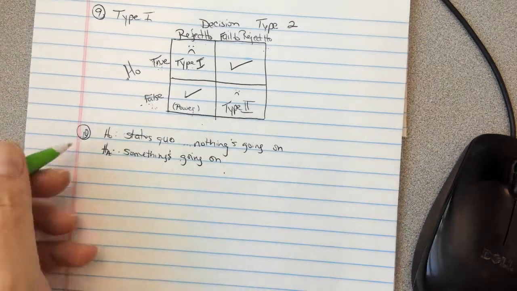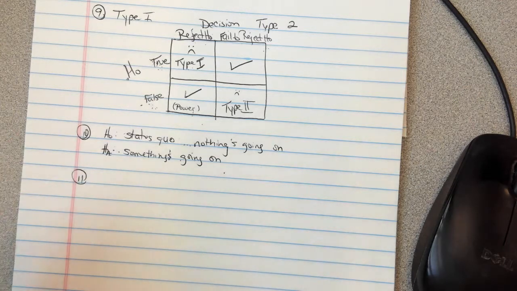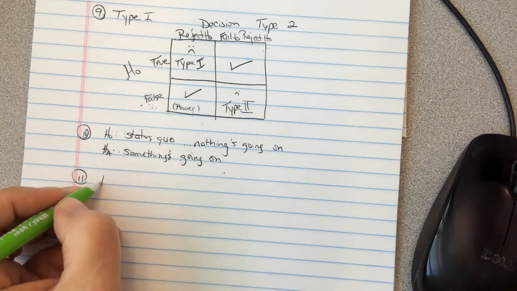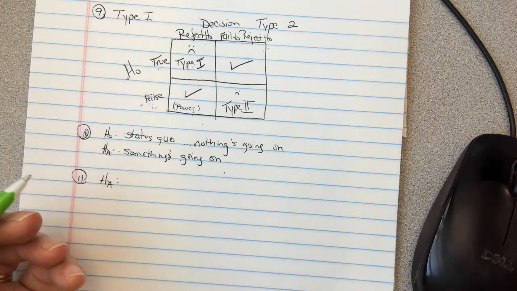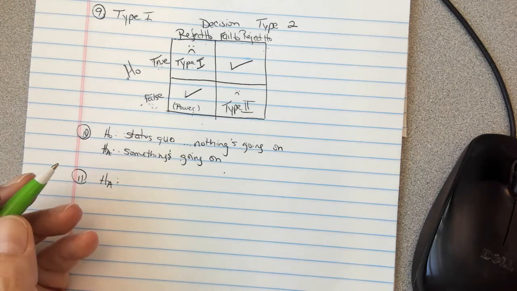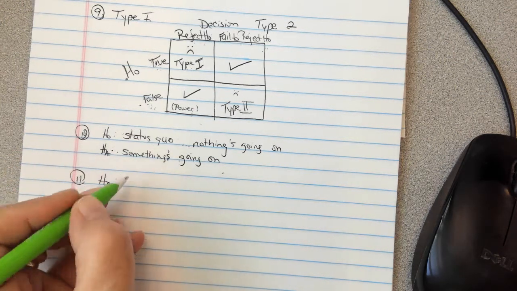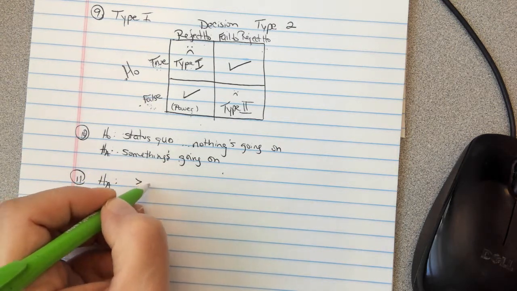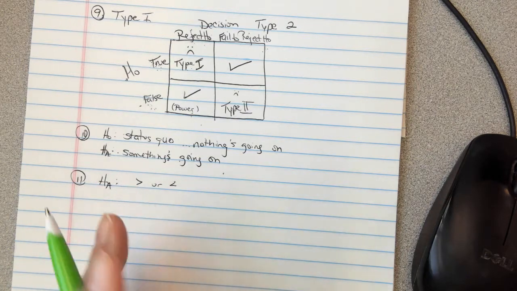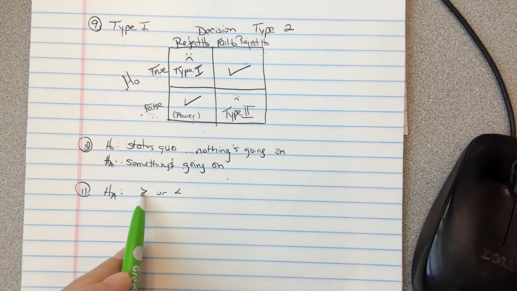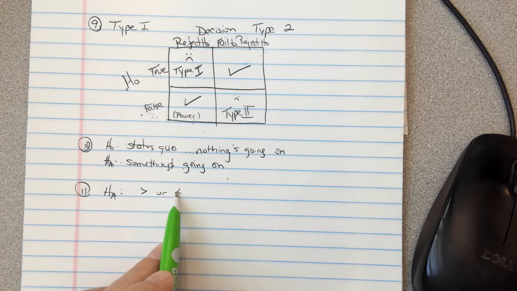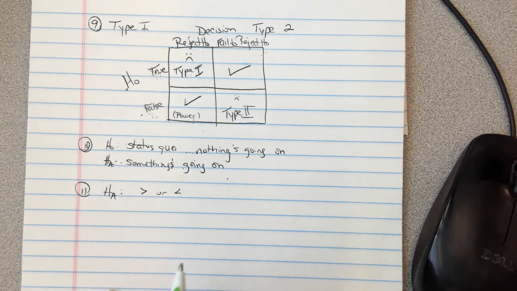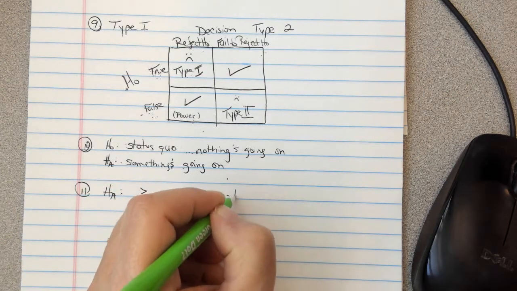Okay, so the one-tailed, two-tailed is really about your alternative. If your alternative hypothesis is that something is greater than or less than something else, so we're looking for one direction or the other. So blondes have more fun, blondes have less fun. The blood pressure went up, the blood pressure went down. If you're only looking at one direction, that's a one-tailed test.